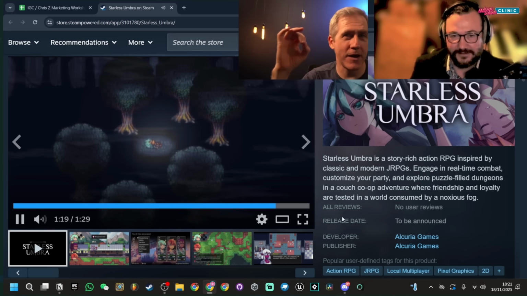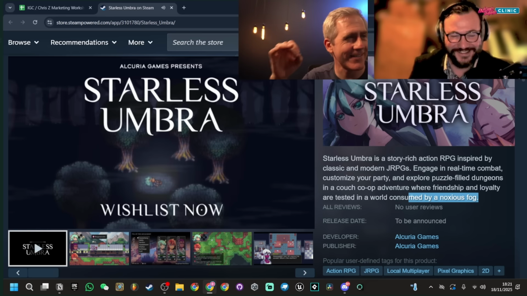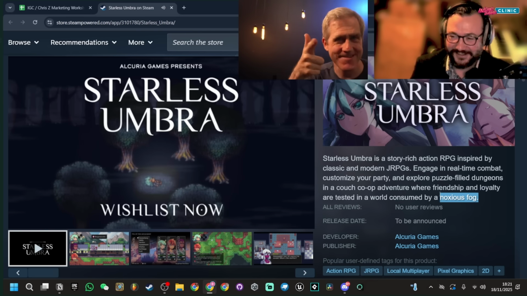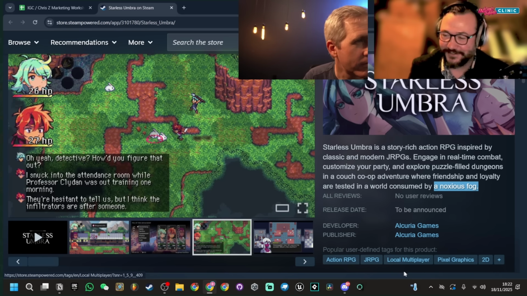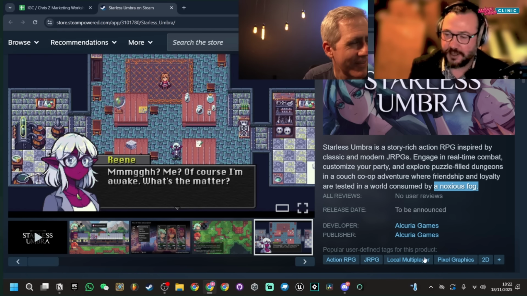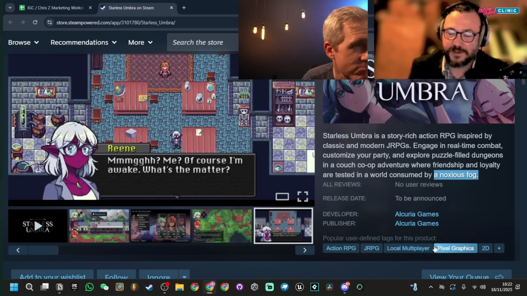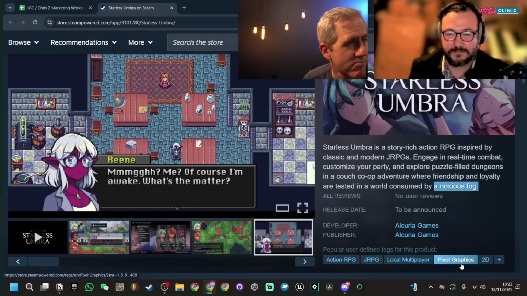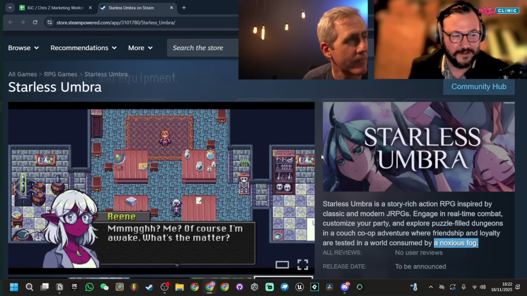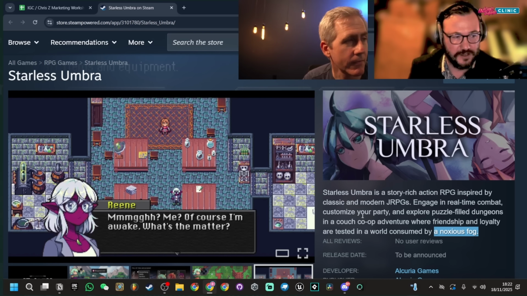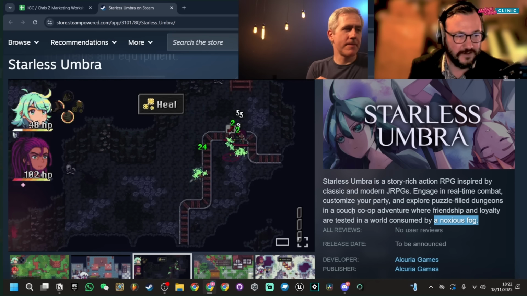Having a noxious fog, though, JRPGs are so full of noxious fog. So I actually think that's cool to mention noxious fog, because I'm like, classic JRPG, that fog. Where's that fog? The fog was there all along. Action RPG, JRPG, local multiplayer, pixel graphics, 2D. I'm always a bit wary of when people use pixel art as a marketing thing, because I don't think anyone ever sits down and uses pixel art in a search engine, or it's not a determining factor on whether someone likes a game or not.